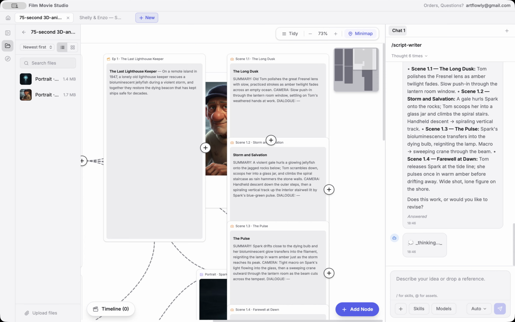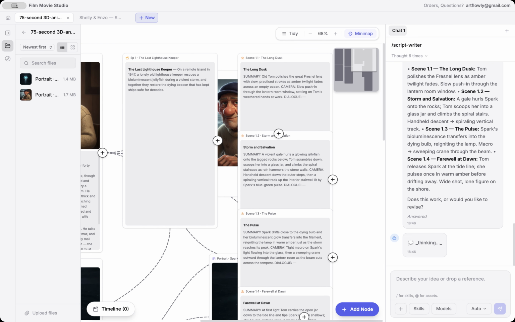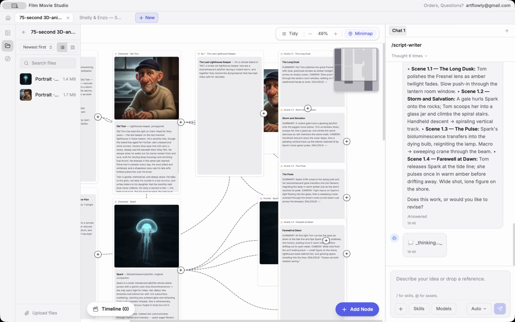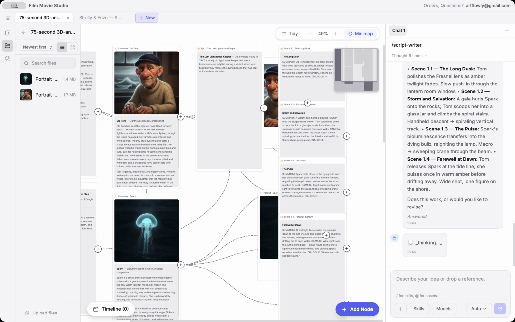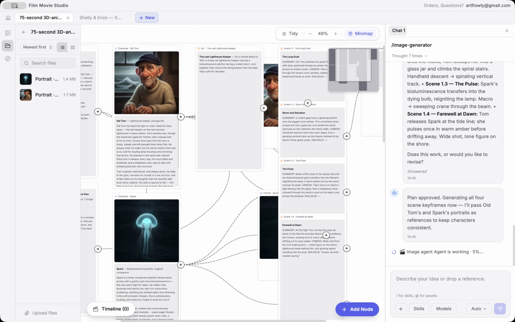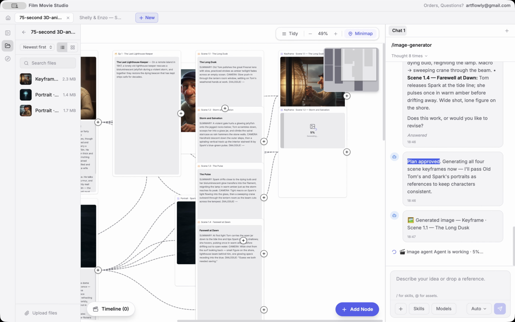And now that agent is generating other steps in that movie. So I can zoom out to 49%. And now I am waiting for the next steps. So basically that pipeline is automatic. As you can see, the plan is approved, and now it's generating the keyframes for the 4 scenes. So now it is waiting for another agent, which is image generation. As you can see, that image generation needs some time, but you can see on the right that we have